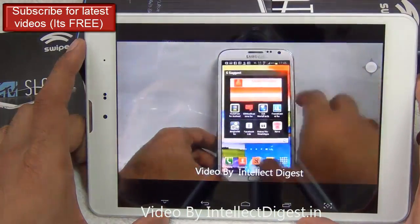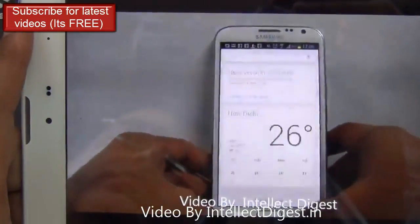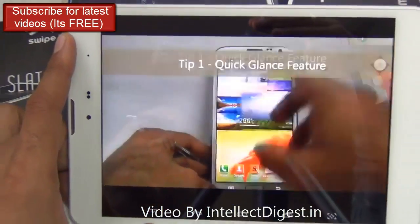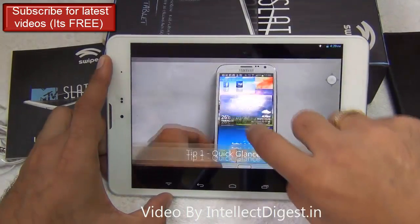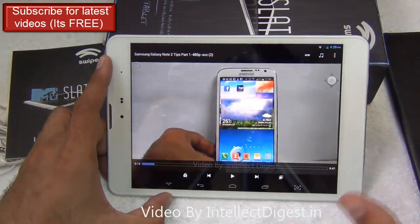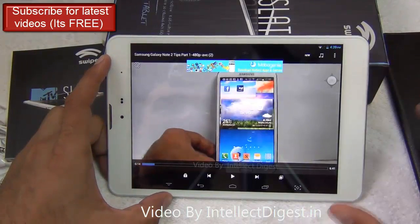Once the display is very large, today I'm going to talk about a few tips and tricks which you can use on your Samsung Galaxy Note 2. Let us start with the quick glance feature, which is one of the most interesting features in this device as per my...